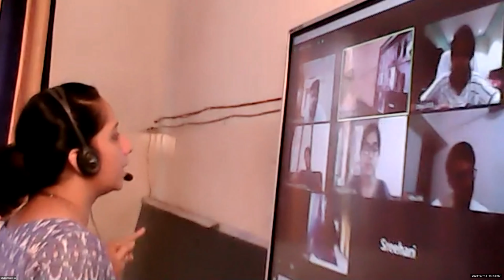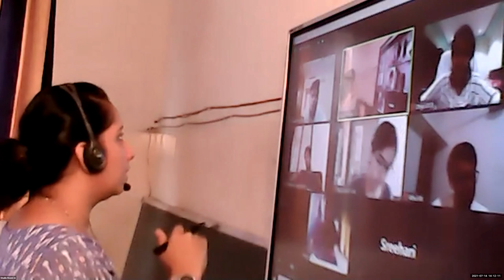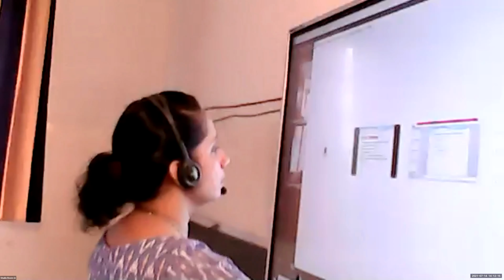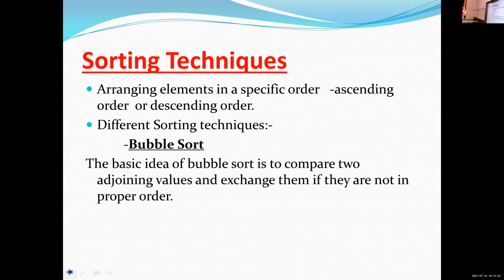We are discussing ascending based sorting technique. Arranging elements in a specific order, either ascending order or descending order, is sorting technique.